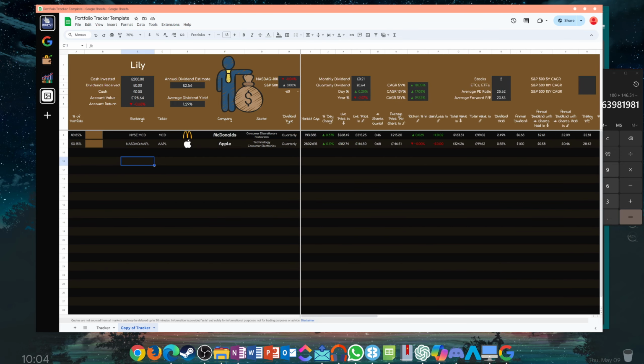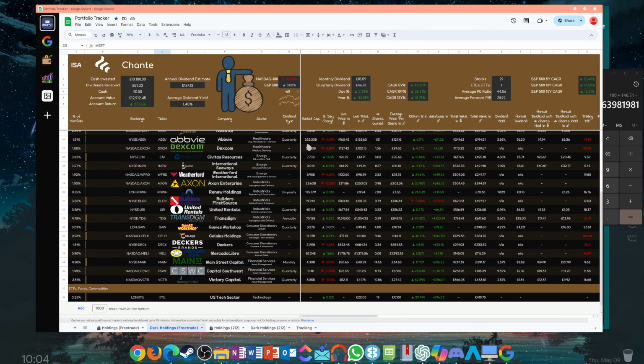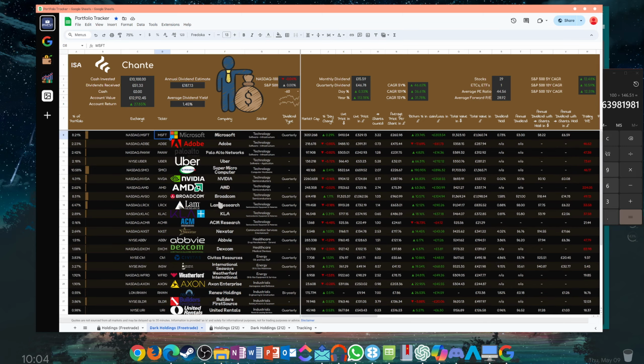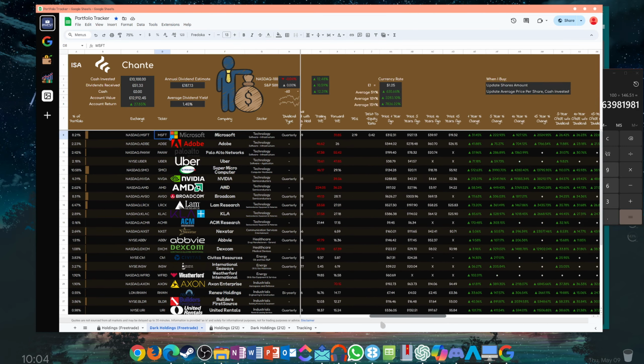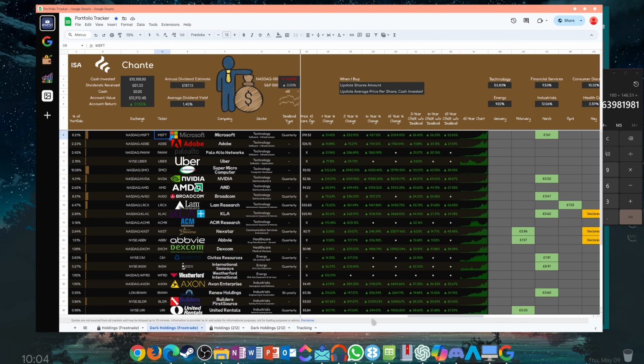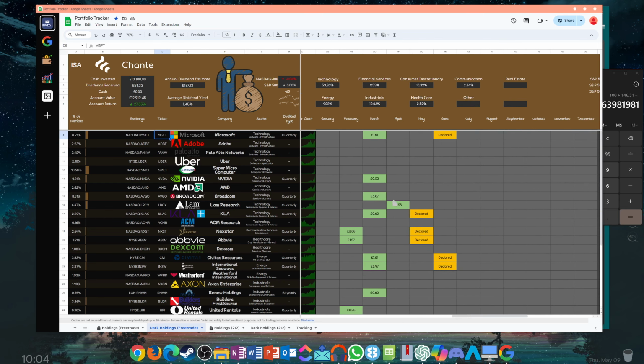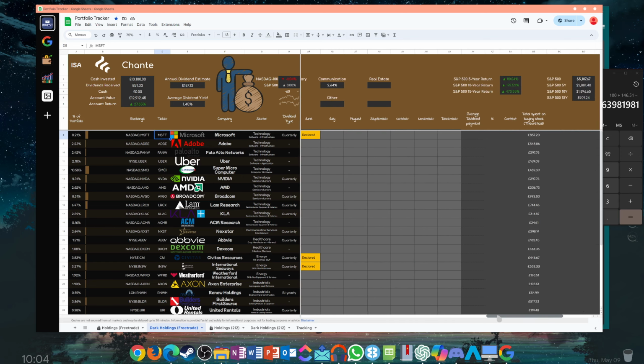And yeah, if you want to see a more complete version, I've got mine here, all my stocks, and this, I don't even need to touch it. It will update everything I need to. All I do is put in the dividends that I get paid, and then I update in the column,